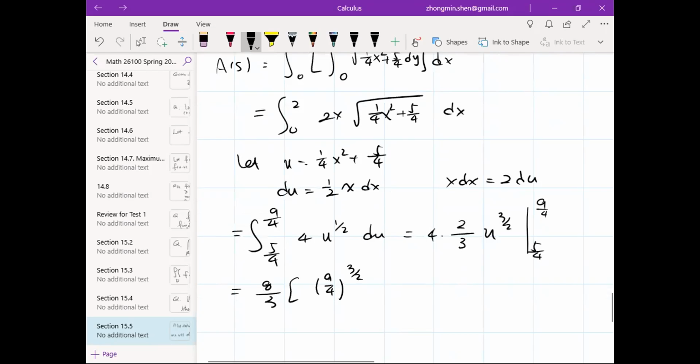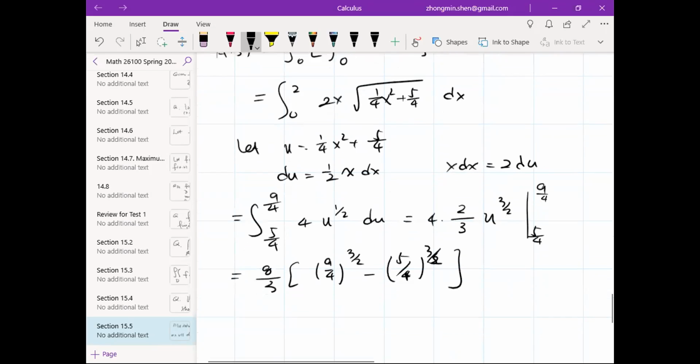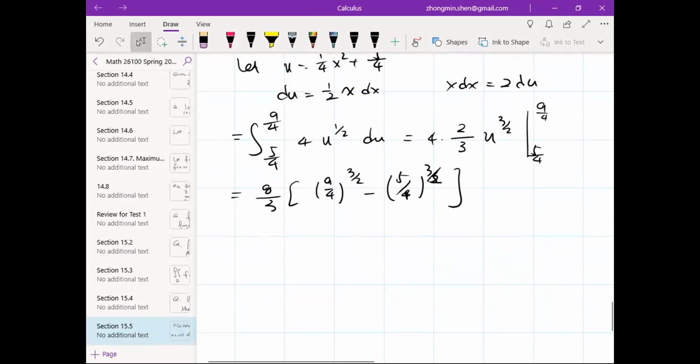9/4 to the 3/2 and the 5/4 to the 3/2. You can simplify the first term a little bit, but you cannot simplify the second term. It involves square root 5. Okay, so now, how about